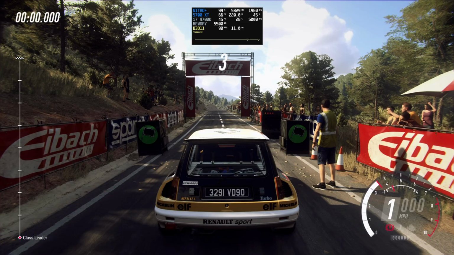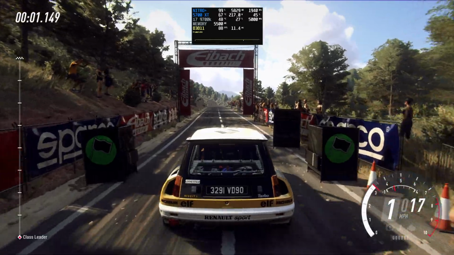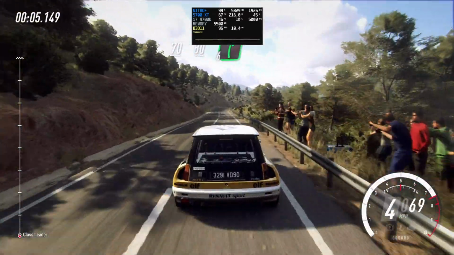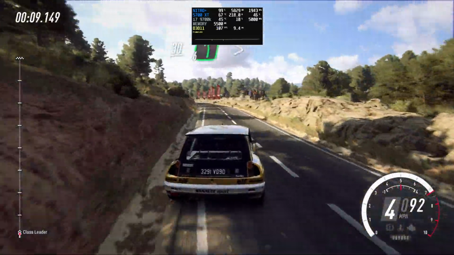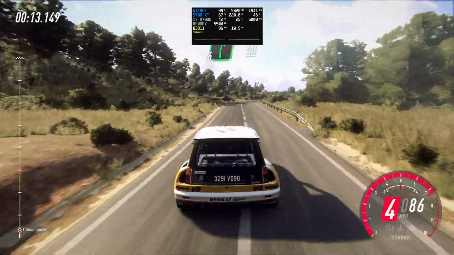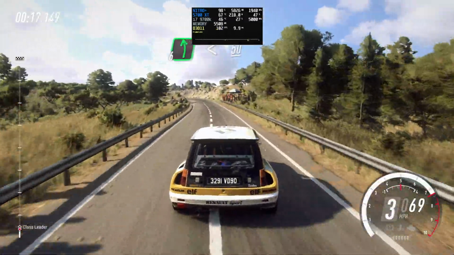Four, 3, 2, 1, go. 70, flat crest. 80, 6 right. 30. 6 left long, tightens, into 6 right long, over crest, 50, 6 left long, opens over crest, 50, flat